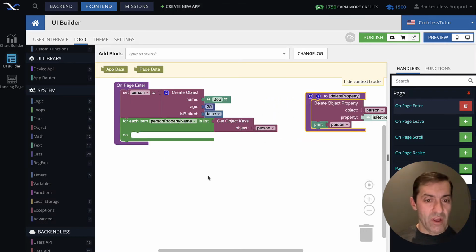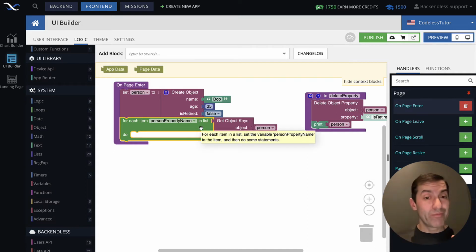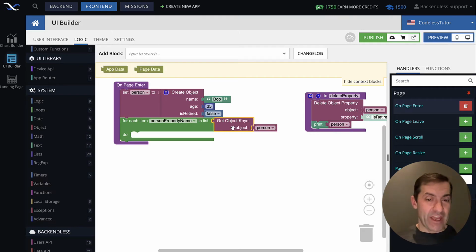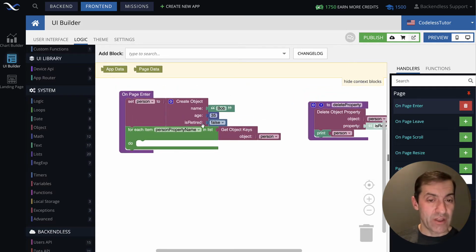What's going to happen here is this block, which is really just a loop over the elements of our list, gets the actual list, which is a collection of property names. For every single step in that loop, the person property name variable will be getting the actual value from that list. So in the first iteration of that loop, person property name will be the word name. Then for the second iteration, it's going to be age, and then is retired.